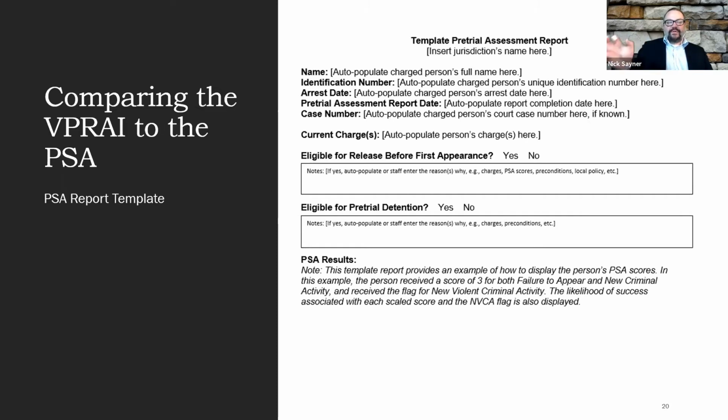And then it allows you to add information in the notes section about what their PSA score is, and then whatever other information that you think the judicial officer would want to know to rebut that presumption of detention. To me, that's an interesting